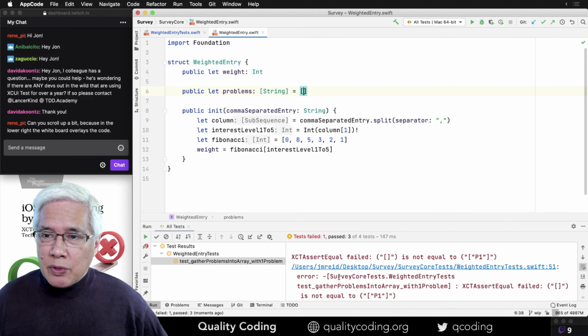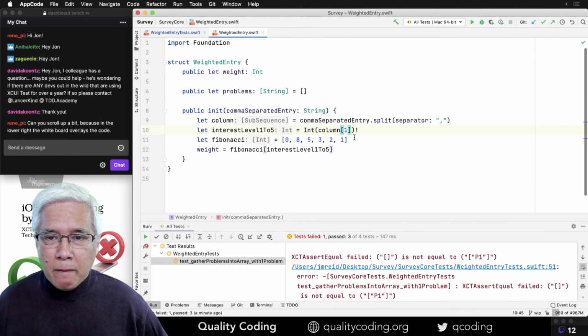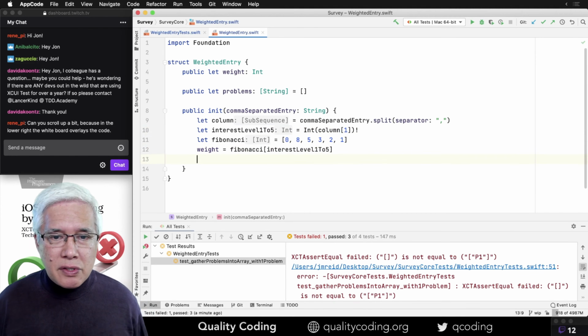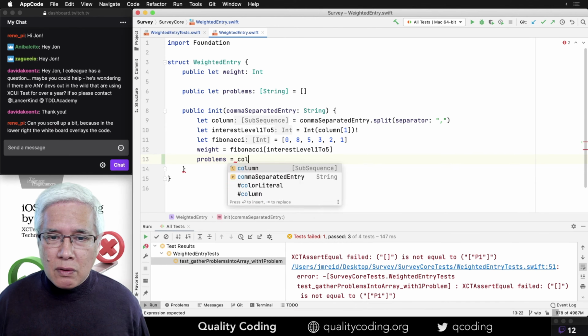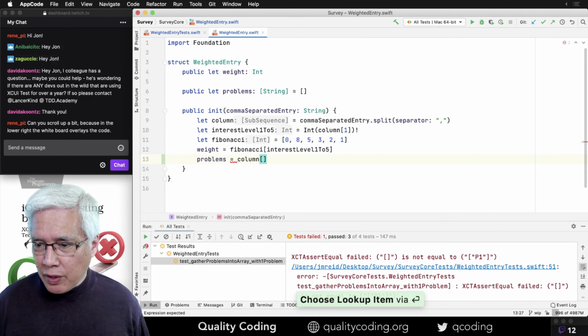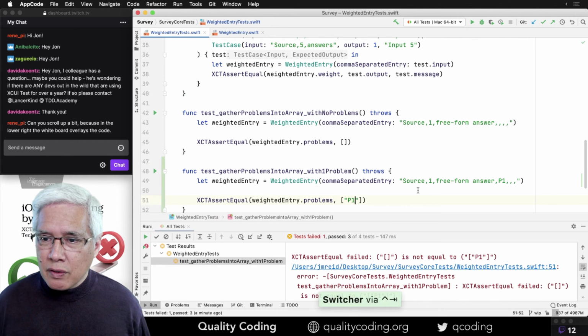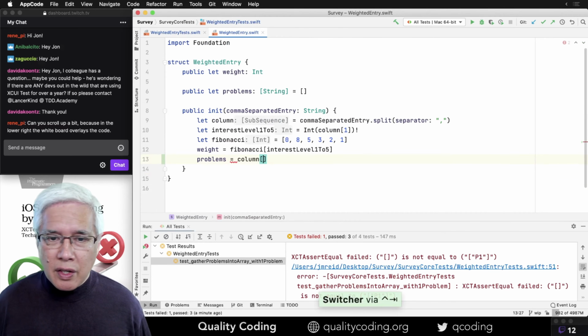The comma separated entry is split with a separator like that. We have column 1. A weight is assigned like that. So let's say problems is going to be equal to column whatever it is. 0, 1, 2, 3.